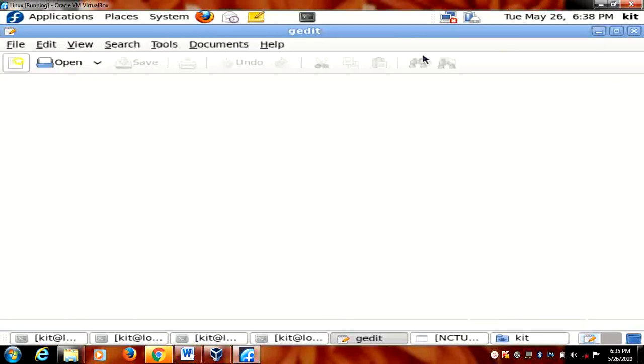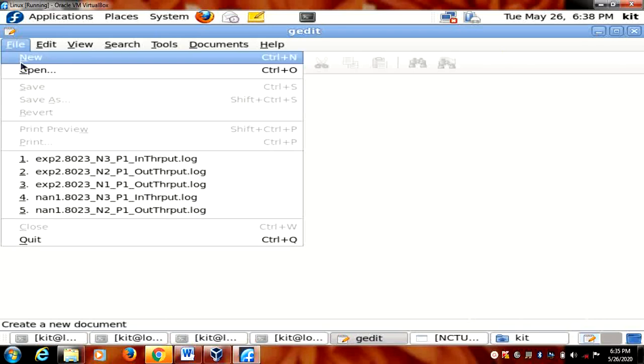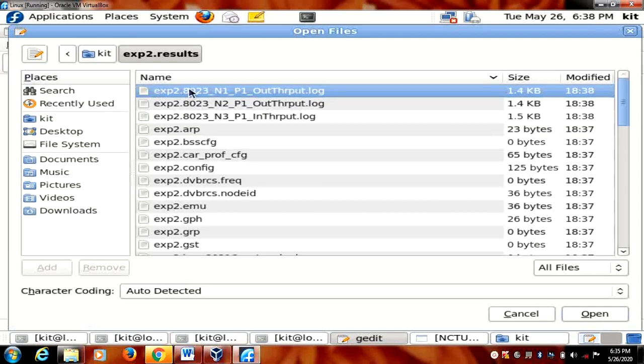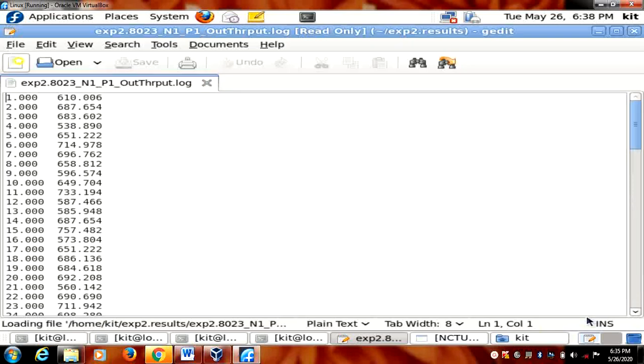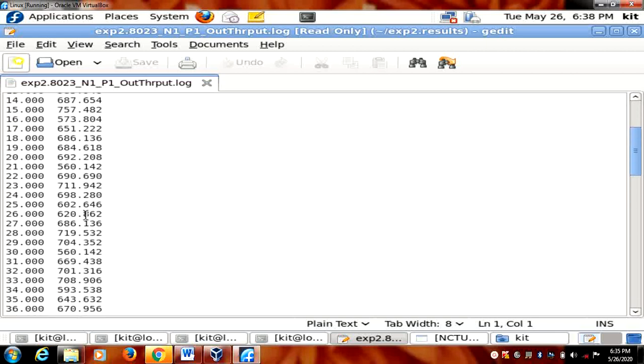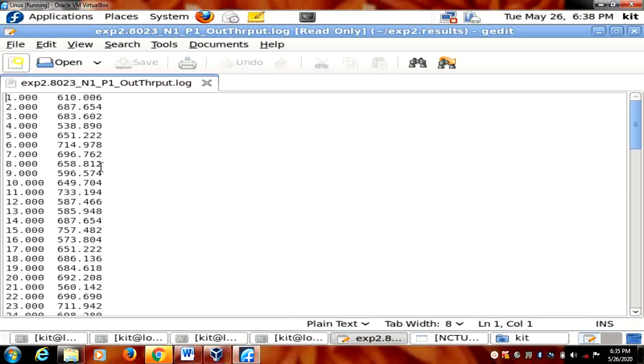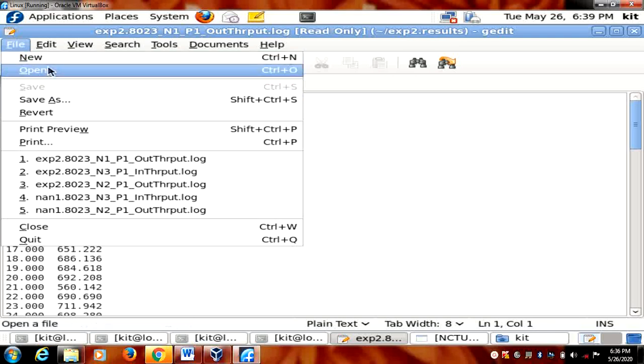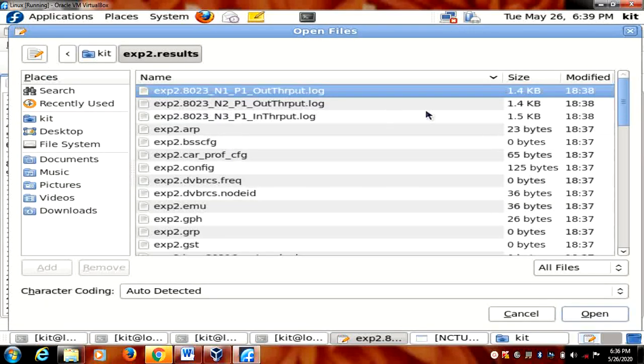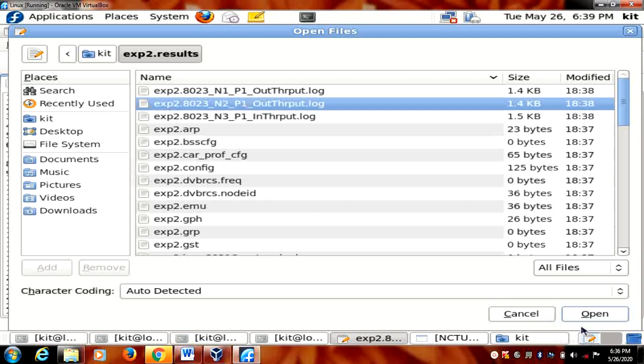What I want to verify next, I need to verify the results. I will go for it. Open N1. Okay, open. So see, initially I was getting 700, but it has decreased. Like this you have to verify. If I vary the bandwidth, the values transferred also vary. You have to show that. Seeing that, open N2, N1 I want to take. N1 I already opened, N2, open that.